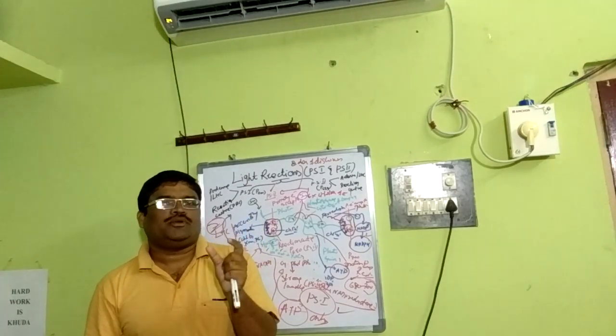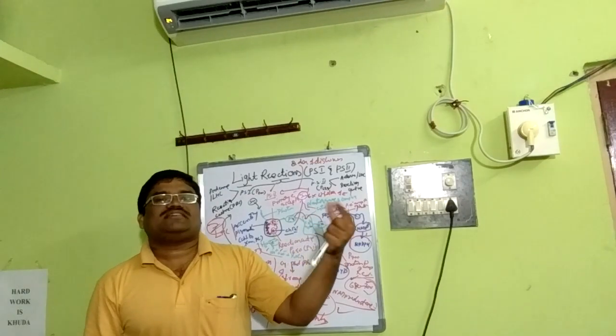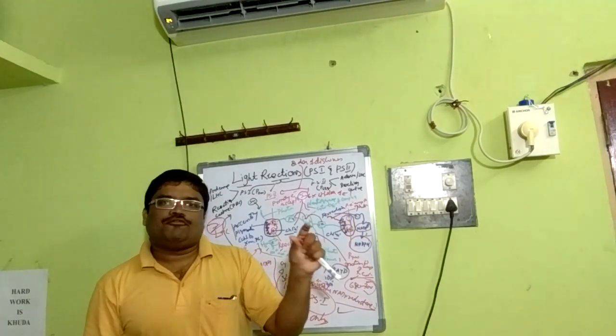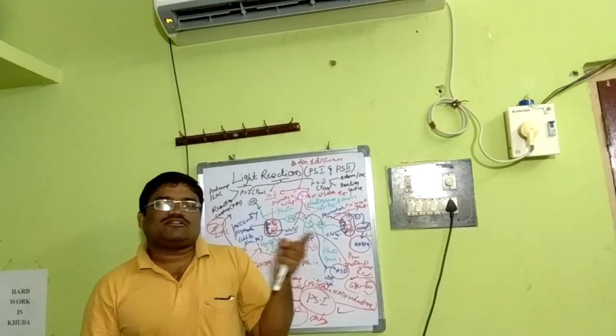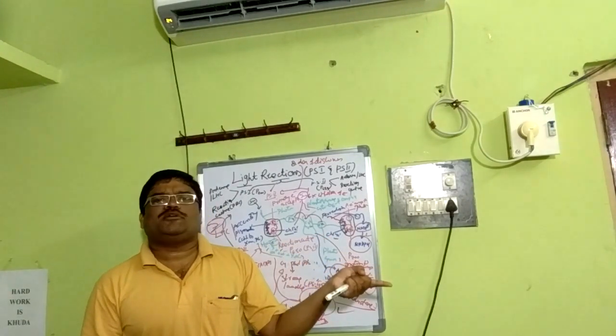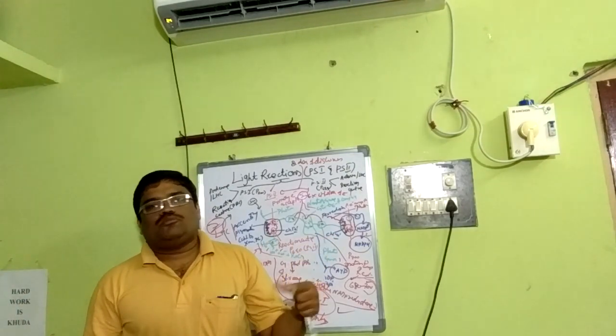The most important thing is that photosystem 1 has P700, which absorbs wavelength at 700 nanometers. In photosystem 2, it is chlorophyll A, P680, which can absorb the photon at 680 nanometers. In cyclic, only ATP is produced. In non-cyclic, both ATP and NADPH are produced. In cyclic, no photosystem 2. In non-cyclic, both are involved.